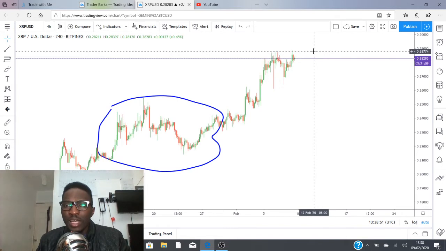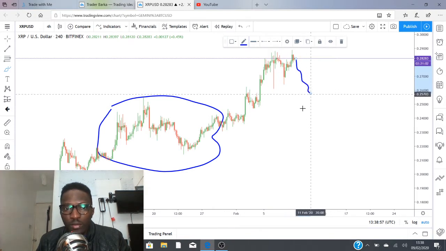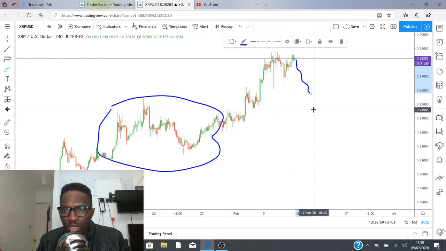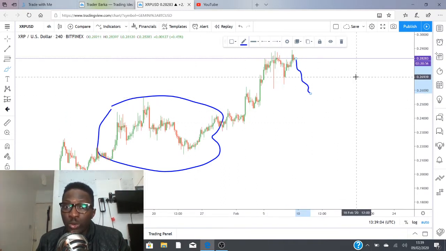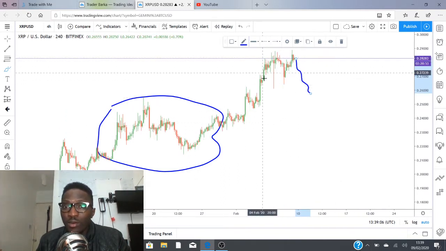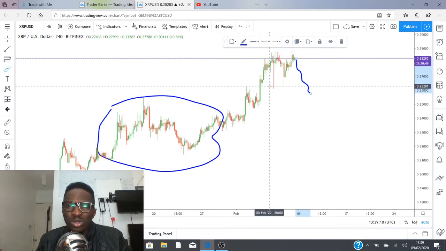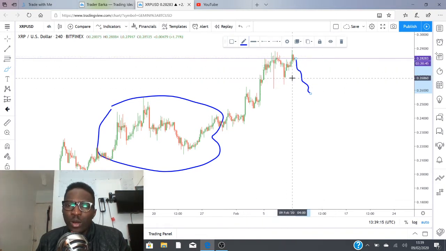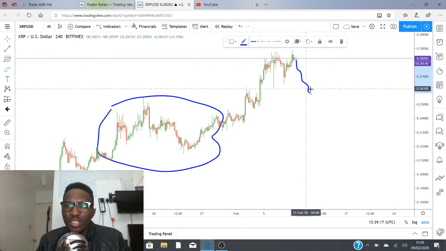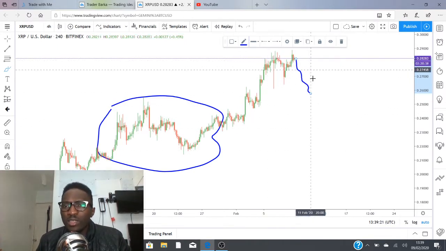And the fact that the RSI is oversold on the daily time frame, don't be surprised if this market comes back down. I don't think we're gonna come back down to this structure, but I wouldn't be surprised if the market comes back down to that structure before it goes up. I think we're gonna just get a slight correction here, and it's gonna depend a lot on what Bitcoin does actually. So if Bitcoin is gonna go back all the way down to the lows, then I can see this coming all the way down. But if Bitcoin is going to give you a slight correction, Ripple is likely to do the same, because